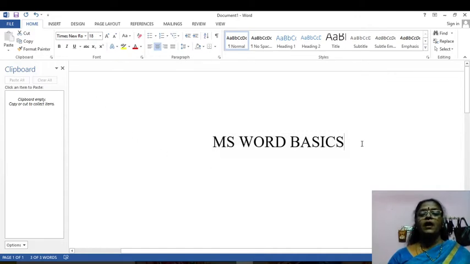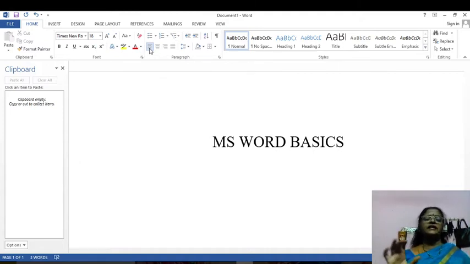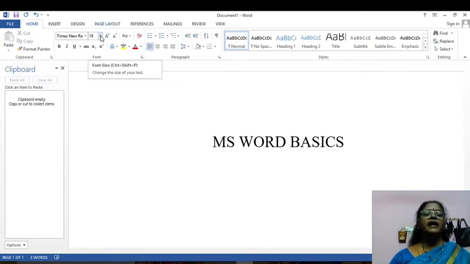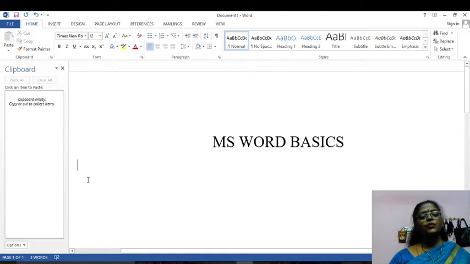Okay, now I press enter, and the cursor comes into the second line, but it is still center aligned. So now I choose the left alignment. Here my cursor comes into the left alignment, but the body of the letter is not the same size as the title. So that's why I want to change the size. Again I go to the font size and choose only 12. Now see, the cursor comes into size 12.